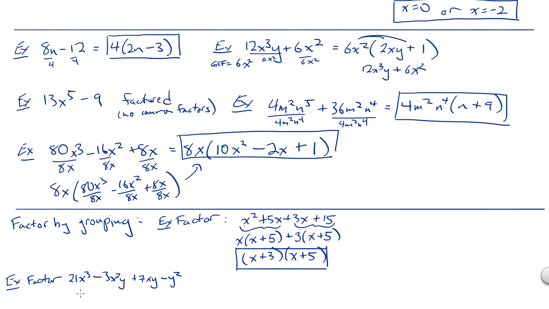This looks pretty daunting, right? First of all, see if there's something that goes into all four terms. You'll see that there's not much to work with there. So let's look at this pair. 21x cubed minus 3x squared y. So what goes into both of those? 3x squared. Looks like that's it. And then we're left with 7x